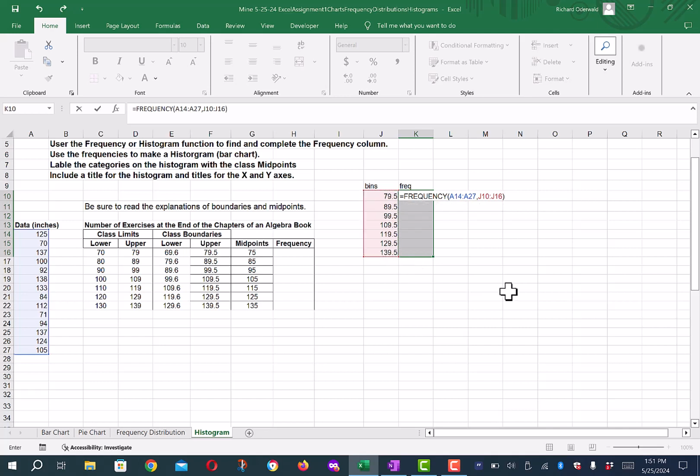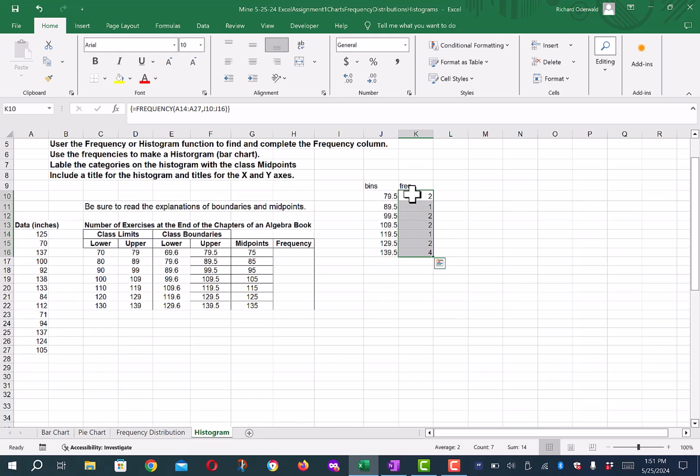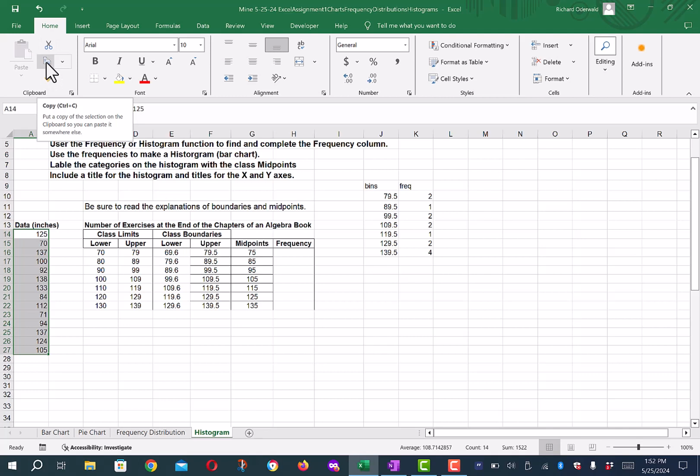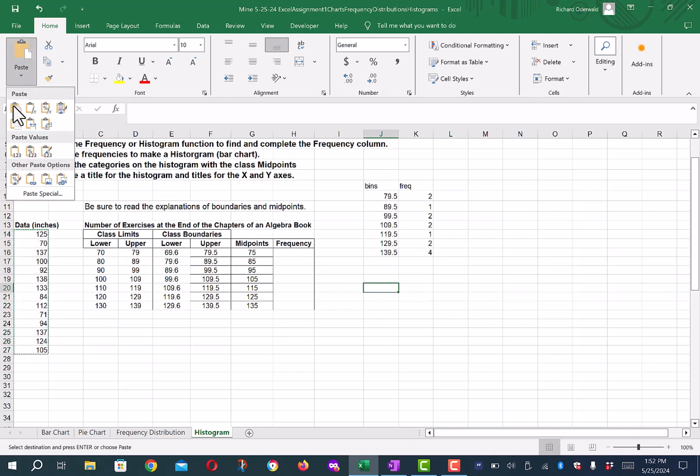Close it, and then in this older version of Excel, we need to do a Control-Shift-Enter for the array command. And here are the frequencies for these particular cells. And one way to check this is to copy the data, and you can do this with small numbers of observations more easily, obviously. And we'll paste it in another spot, paste the values,